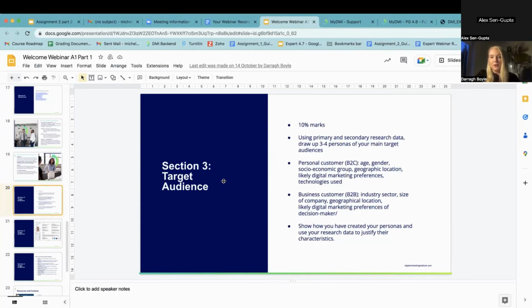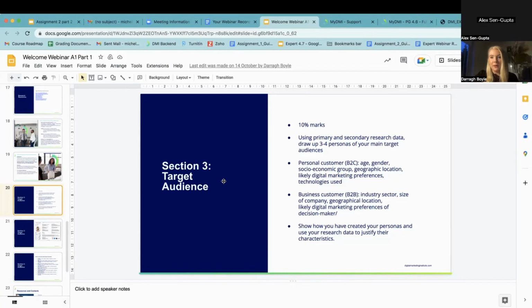You're going to look at so many elements of their personality, their behaviours, their demographics, their location, their needs, their expectations. You're going to really research into every detail and describe who they are. So you're going to create 3 to 4 personas and detail them in depth, so that you know exactly who they are, what they want, what they expect. And then you can go into assignment 2 and create a strategy to deliver or message or sell to them. And you're going to know them really well. So you need to show how you've done this.